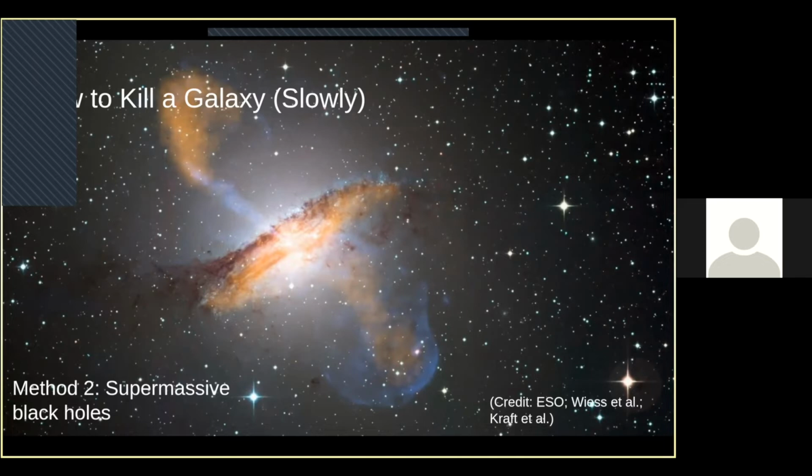So if you find yourself in a galaxy where you have one of these giant black holes inside of you, whenever your gas cools down enough, you start feeding the black hole, and the black hole turns on and it stops the star formation. So a lot of galaxies stop forming stars and essentially die because they formed a big black hole in the center, and it doesn't allow them to grow anymore. That's pretty amazing when you think about these things, because they're so much smaller than the galaxy, but they have a really, really large impact on how it evolves over time.